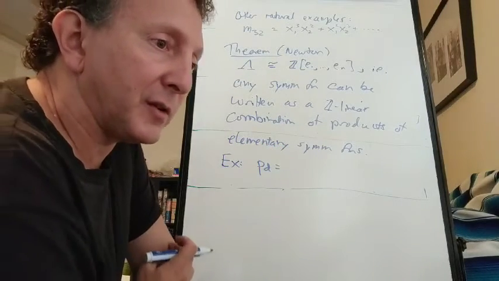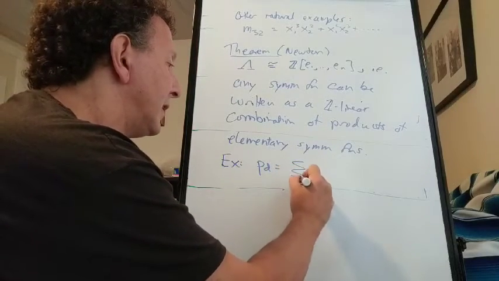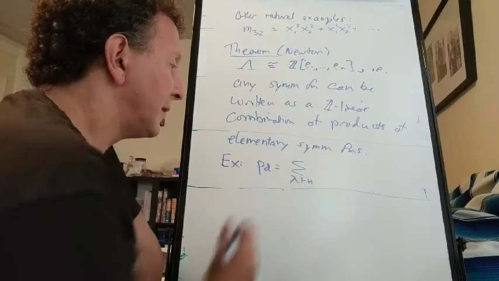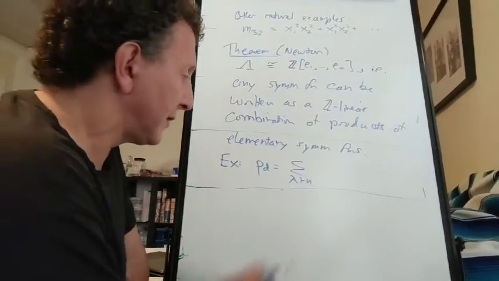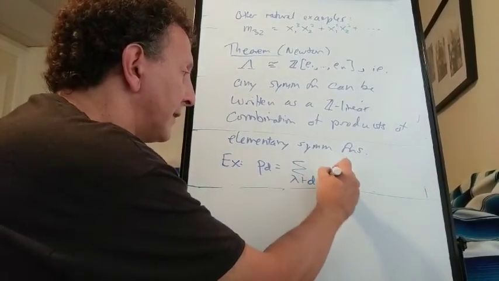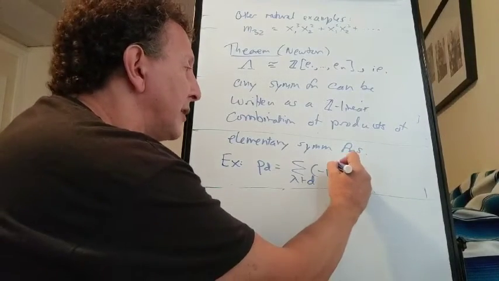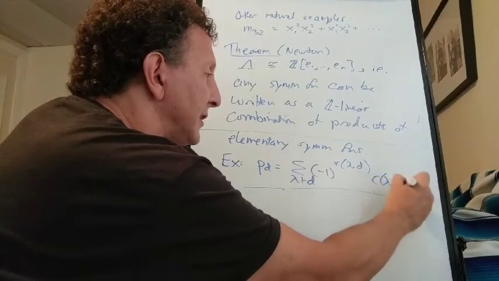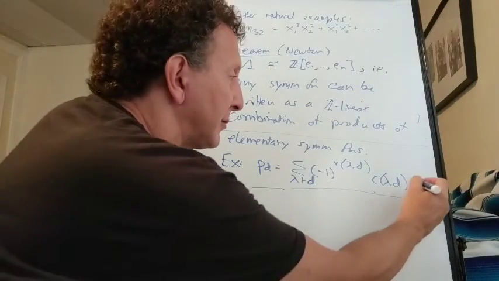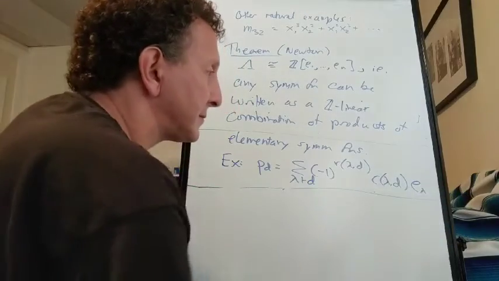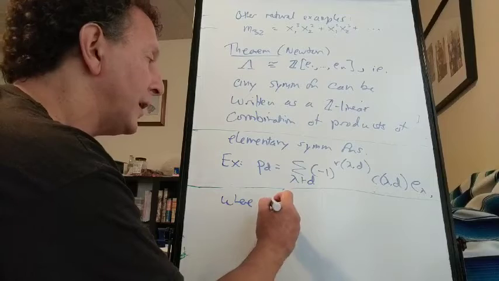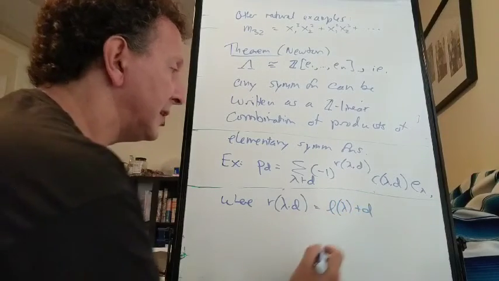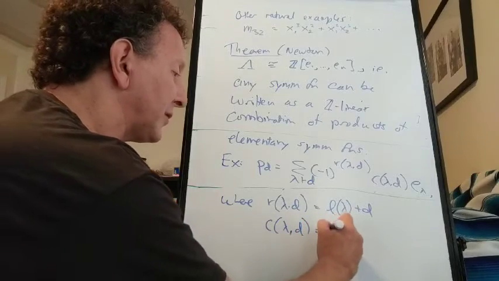So the dth power sum symmetric function equals a sum over all partitions lambda of d of negative 1 to the r of lambda d times another number which I'll call c of lambda d, times the elementary symmetric function e lambda, where r of lambda d equals the length of lambda plus d, and c of lambda d equals the number of ways